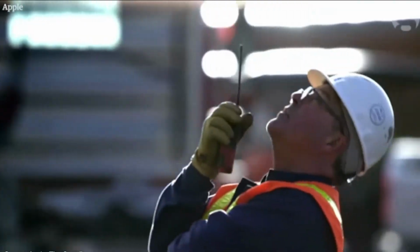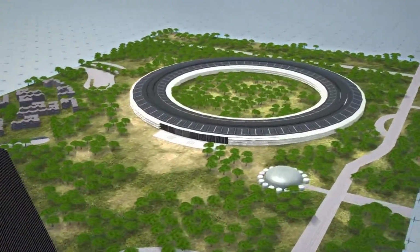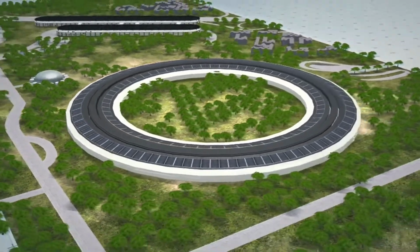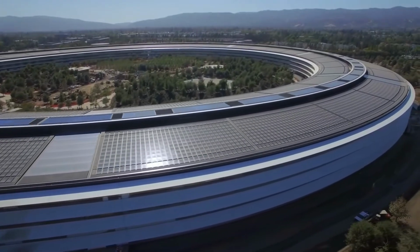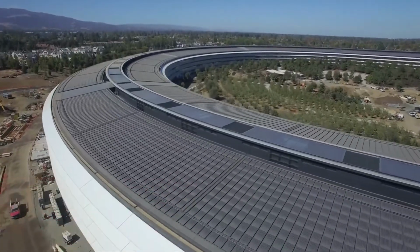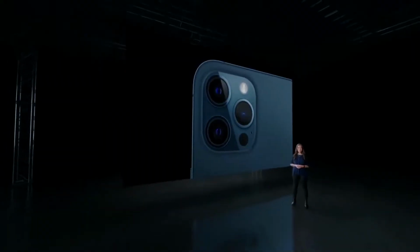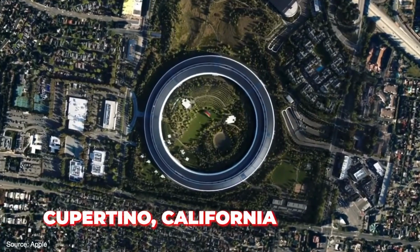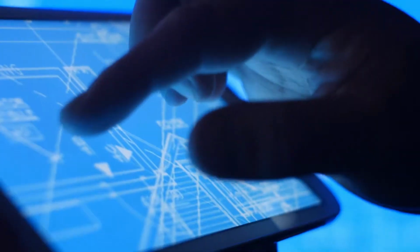Yes, that's with a B, rendering it one of the world's most costly structures. The complex was initially anticipated to cost roughly $500 million, but the land alone cost $160 million. The price was eventually reduced to a little about $3 billion in 2011. Apple's headquarters would cost a stunning $5 billion in total, which is not unimaginable for a corporation worth over $2 trillion. In Cupertino, California, Apple Park is a 176-acre development that took 8 years to design, propose, apply for permits,